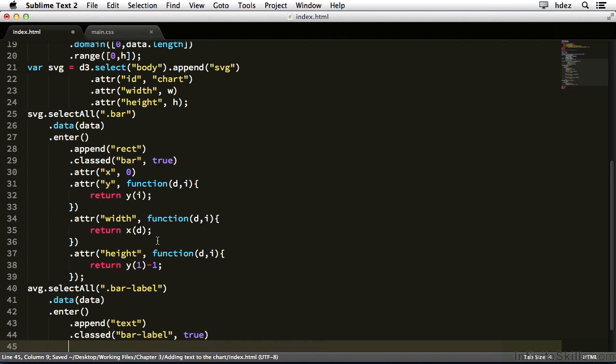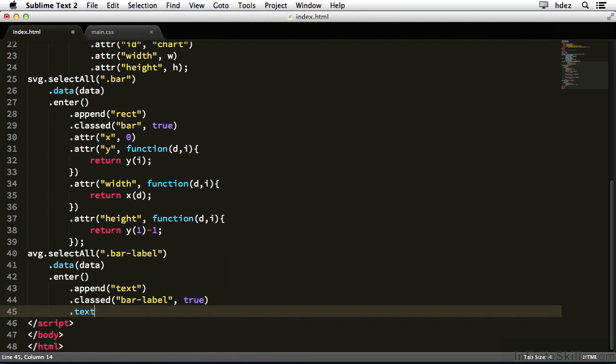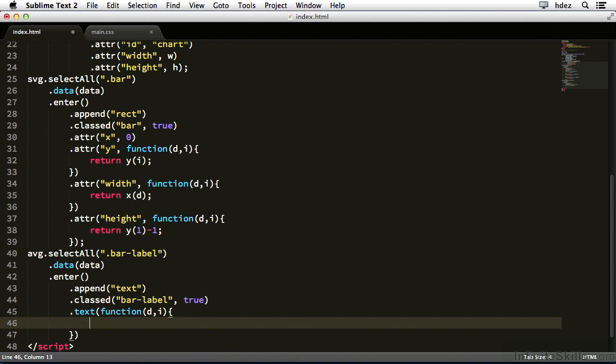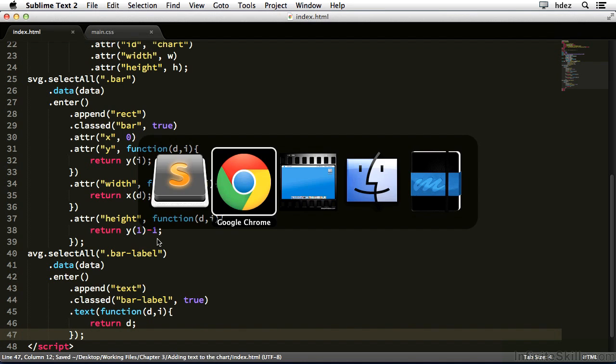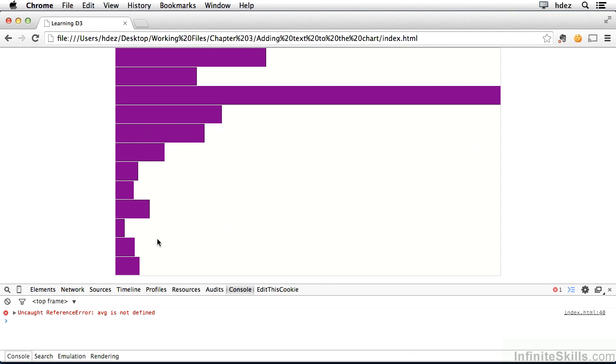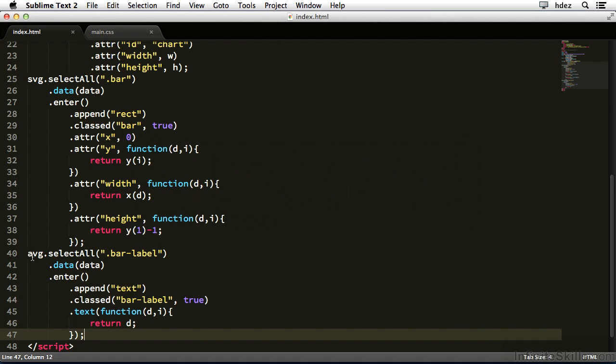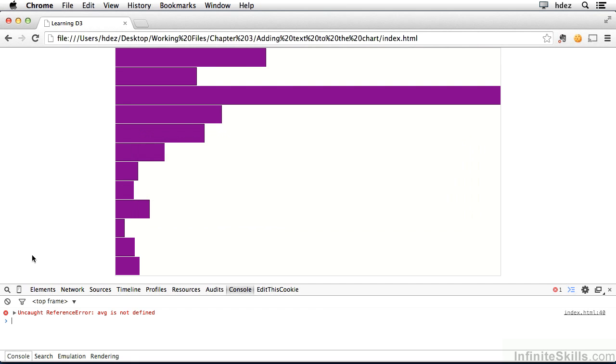And then for the text, we'll use .text and a function with d and i. And so we can return the value of the data, which is d. And let's put a semicolon at the end, save it and refresh. And it looks like we have a typo, line 40, not AVG, but SVG. Save it, refresh again. Well, I don't see any text, but if we use the inspector in the developer console